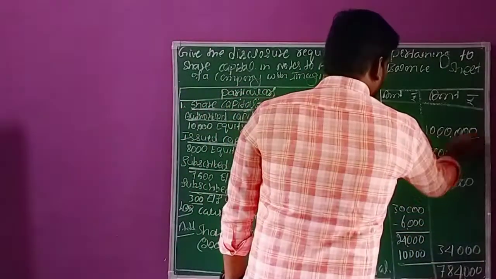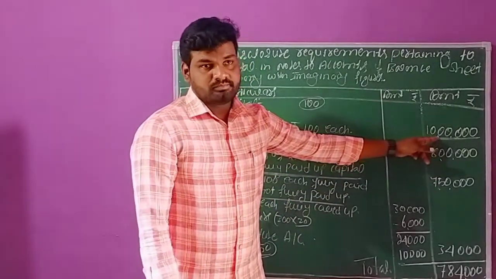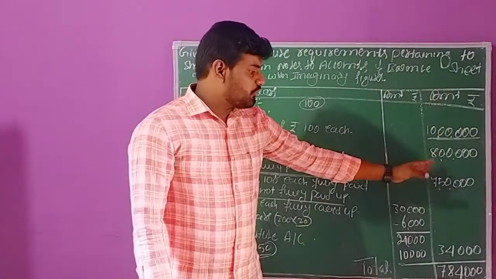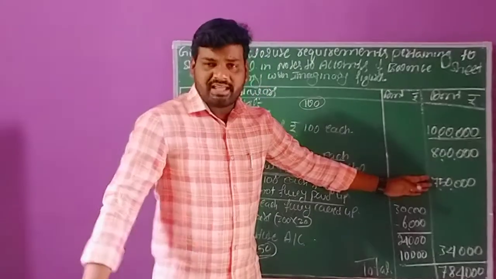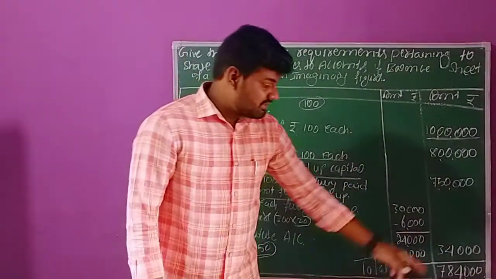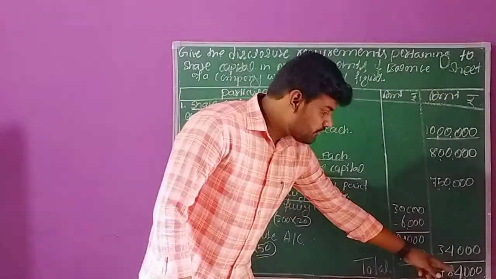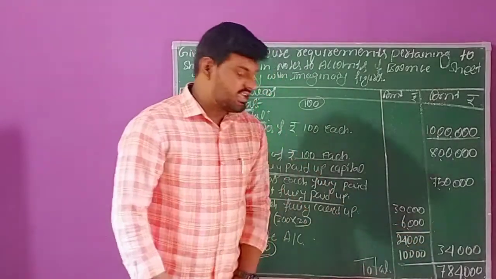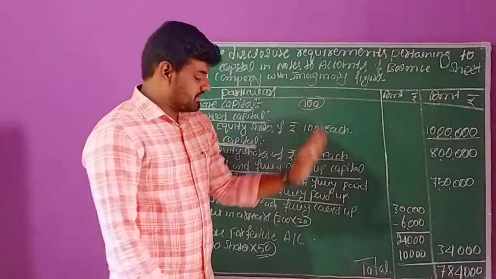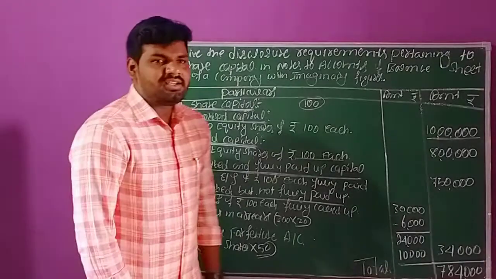So totally, in that company the required capital is 10 lakhs rupees. By way of the public they have to receive 8 lakhs rupees. But as of now they have completely received 7,50,000. When they reissue these shares, in that situation again 34,000 rupees they have received. Totally 7,84,000 rupees. This much share capital we have received from the public. So these are the different stages for the preparation of notes to accounts pertaining to share capital.